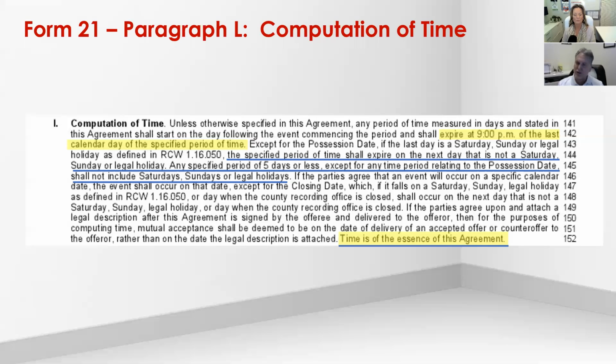Pay attention to those deadlines in your computation of time. Know when it's going to be. Best practice is right from the beginning, establish with the other agent by email, what is our date of mutuality? You don't have to ask them, just state it. Say, we reached mutual on this day. So we have 5 days for this. So that will be Tuesday, or whatever day it is, by 9:00 p.m. You will hear from me.